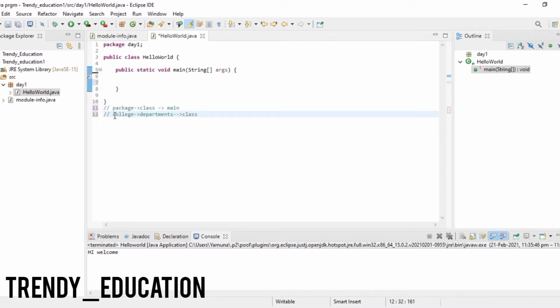You can also say UG, PG. You can take anything. So this college is nothing but a package here, and this class is nothing but the departments, and this main method is the class. So here you will have one main class, but you can have class A, section B, like that. So this is the basic structure of Java.